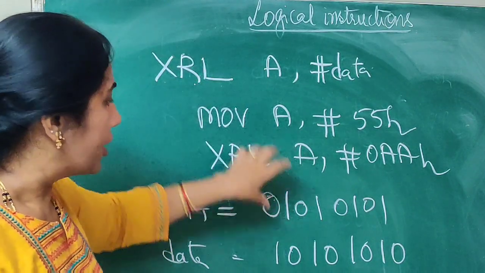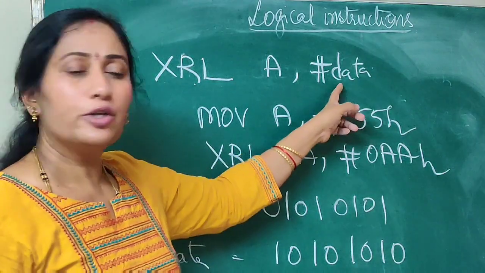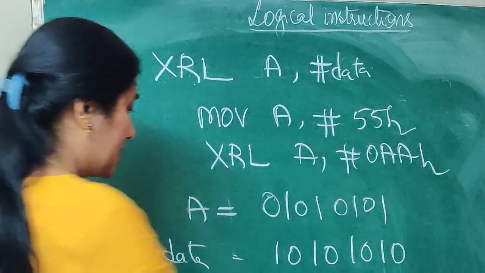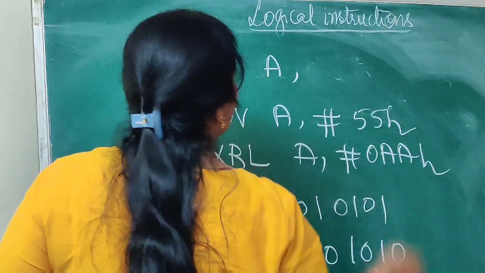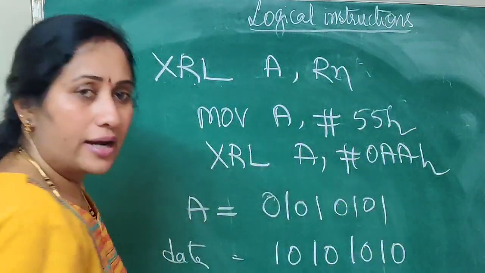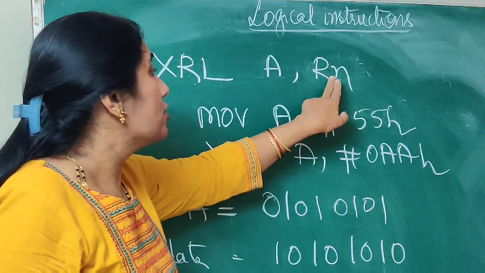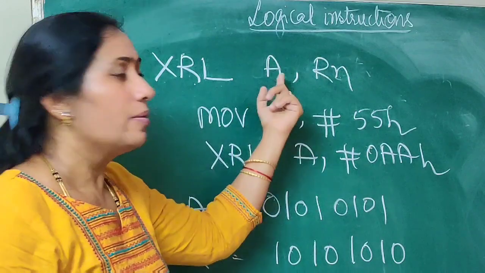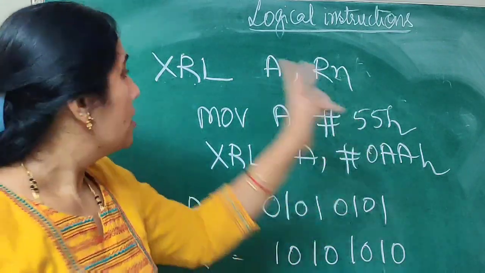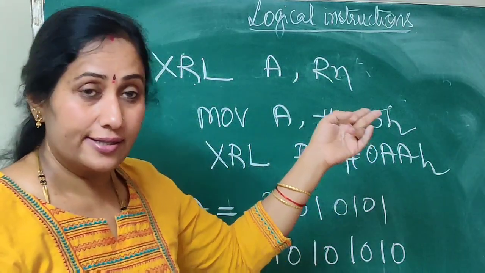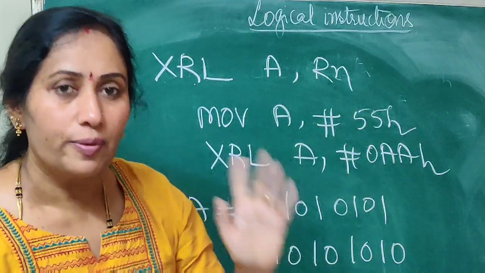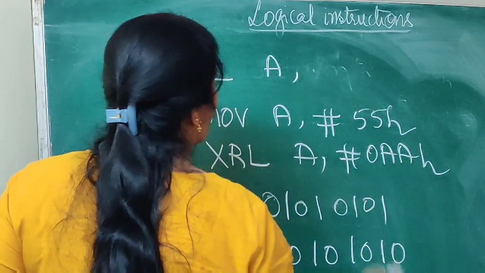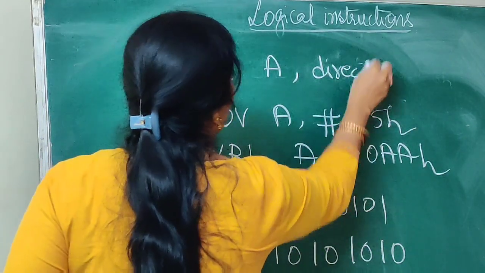The XOR opcode function is the same, but the way I am going to specify the source is going to be different. It will be supported by, say, the register addressing mode, that is Rn. What's going to happen? The contents of the register will get XORed with the contents of the accumulator, and the result will be placed in the accumulator. The type of the addressing mode is register addressing mode. The length of the instruction is going to be 1 byte. Which flag? Parity flag. Now we'll move on to the next one. How am I going to specify now the source operand?